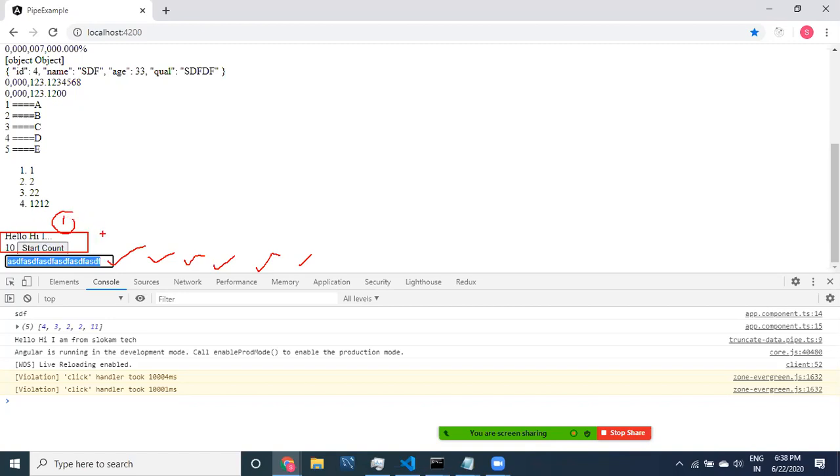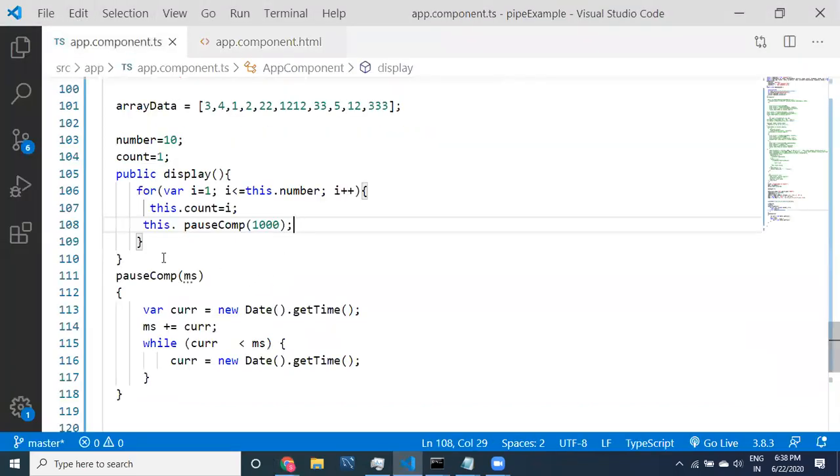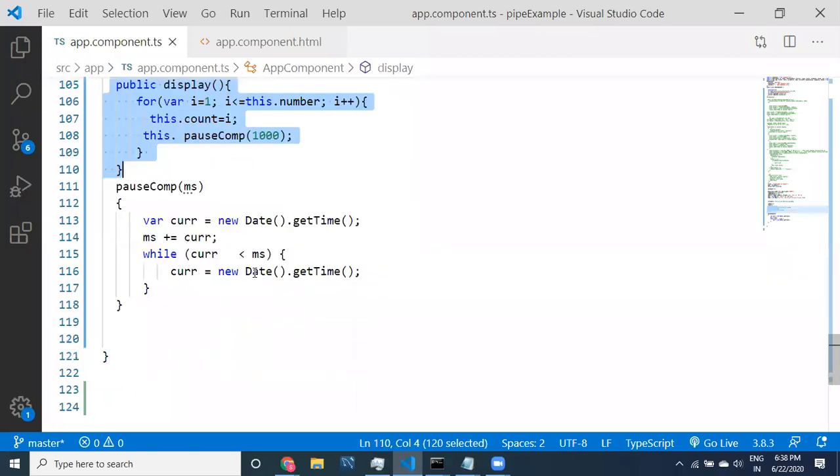Don't worry, whatever code I have written, you don't need to implement it, but I just want to show you that code. That is blocking code. I don't want that kind of blocking code. Now to implement non-blocking code like this, we have so many ways to implement it, so I will show you.